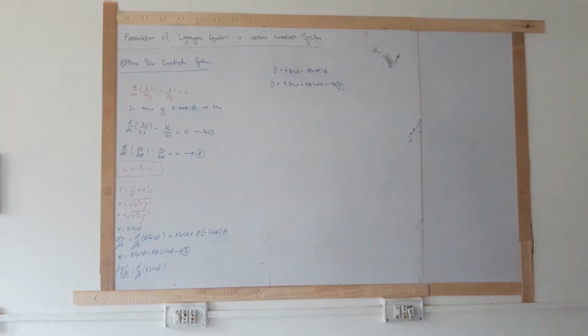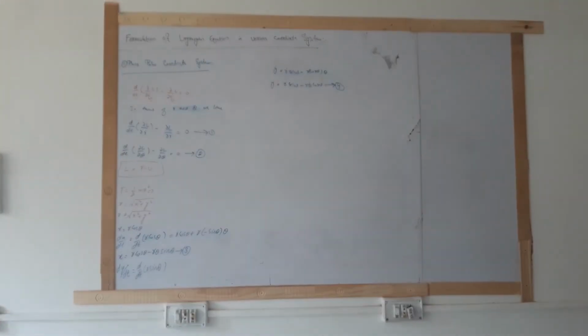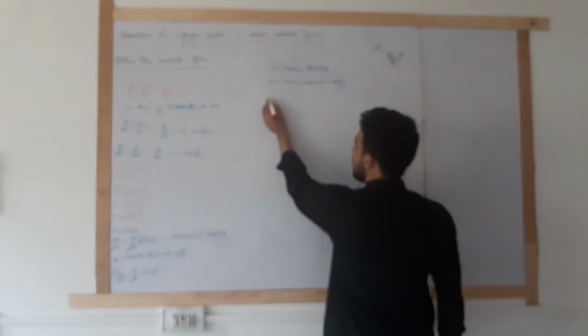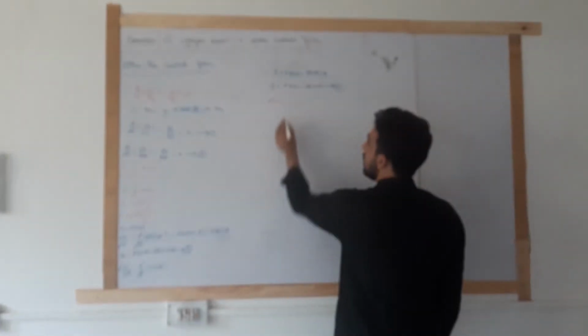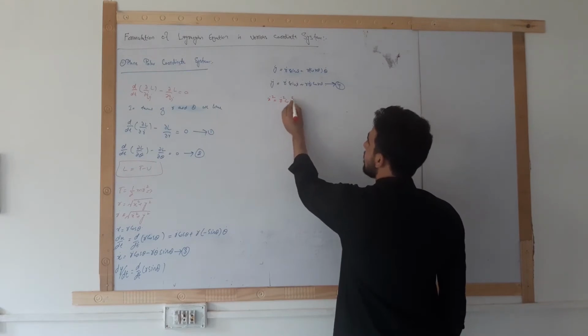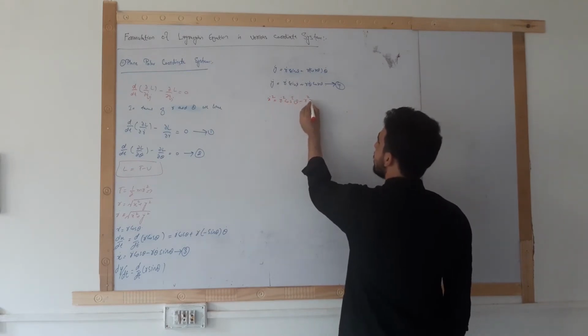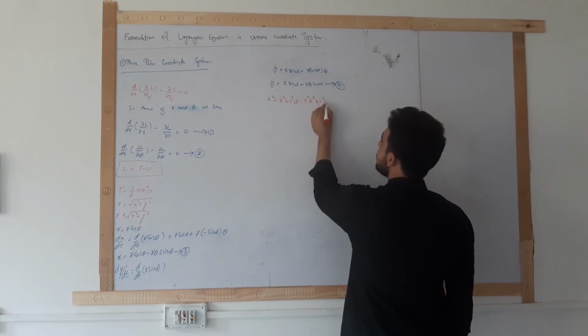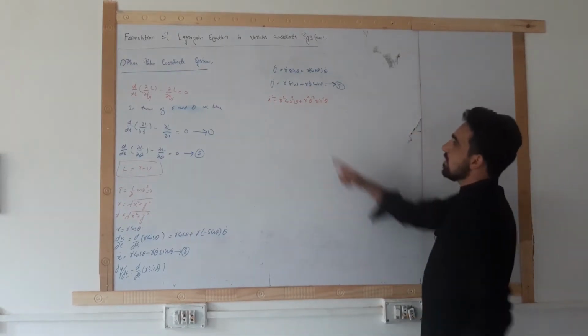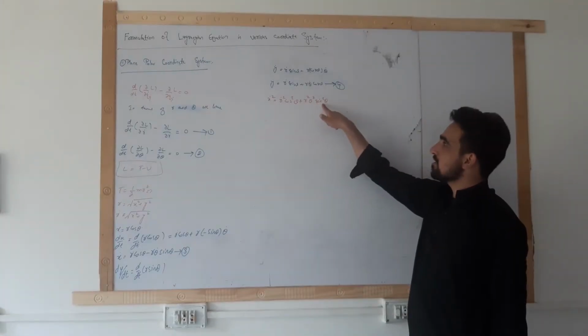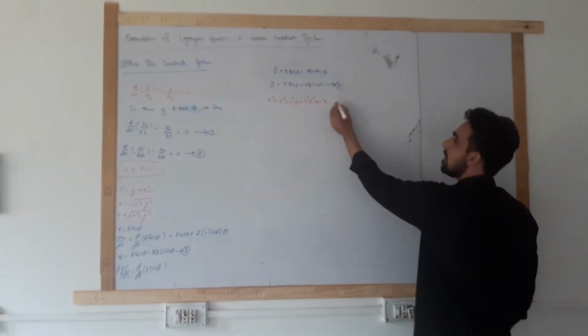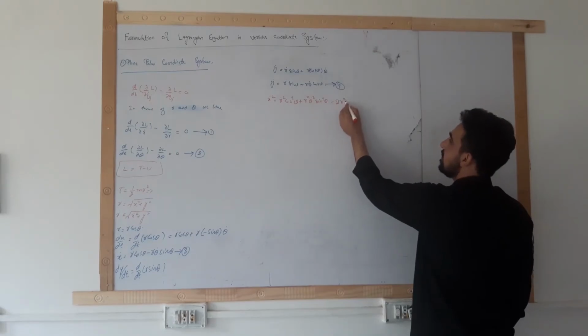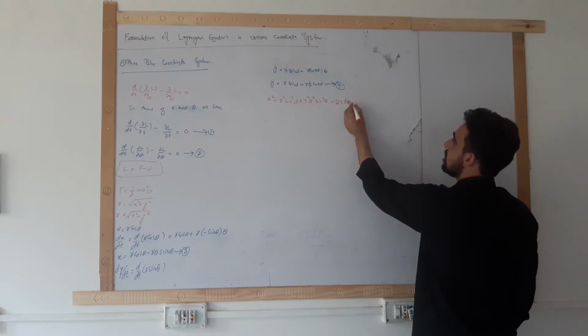Now we can square these two terms, x dot and y dot, and sum them. So x dot squared is equal to r dot squared cosine squared theta minus r squared theta dot squared sine squared theta plus r squared cos squared theta plus r squared dot theta dot squared sine squared theta minus 2 r squared minus 2 r dot theta dot sine theta cosine theta, that is minus 2ab.